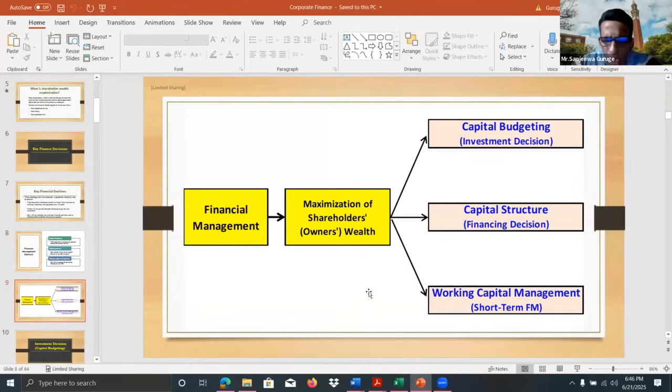But sometimes it is argued that dividend is not a separate decision, right? It's a part of the financing decision, because once the organization generates profit, it is necessary to decide whether to distribute the profit or whether it should be retained and reinvested.